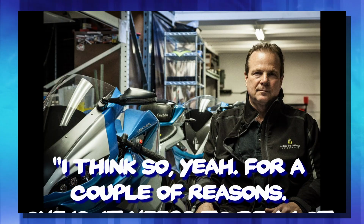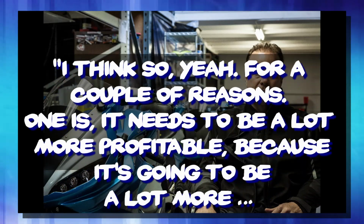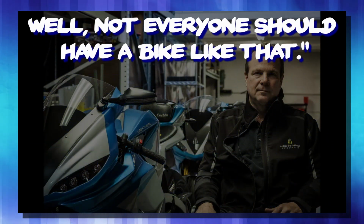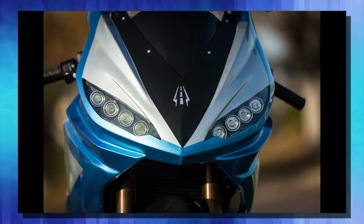They do plan on making this consumer friendly once they set their new world record, if all goes well. Which, by the way, they think is going to be over 230 miles an hour. And according to Hatfield, they plan on doing the same thing that major manufacturers do, which is make it available with all the best parts and charge twice as much for it. When asked if that means this is a $70,000 superbike, he said, I think so, yeah, for a couple reasons. One is it needs to be a lot more profitable because it's going to be a lot more. Well, not everyone should have a bike like that. I can't agree with him more, but I also hope that one day I get to throw my legs over